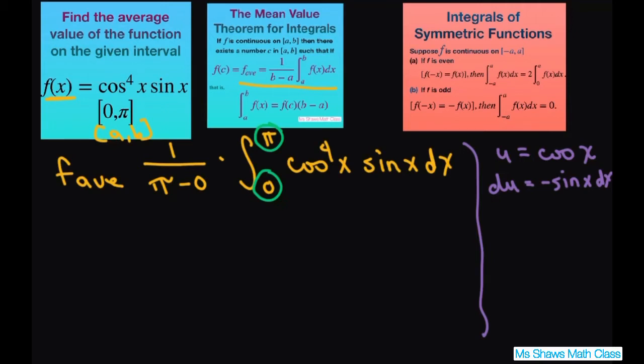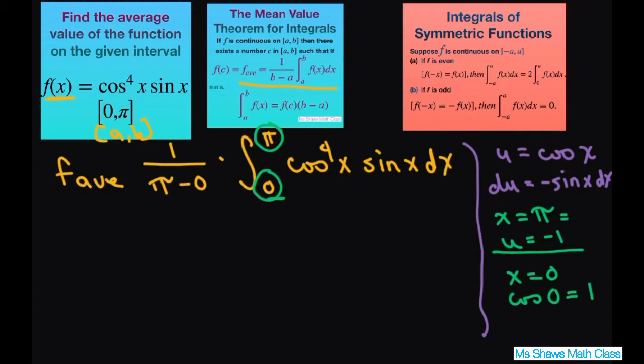If x is pi, then cosine of pi equals negative 1, so u is negative 1. If we have x equals 0, then cosine of 0 equals